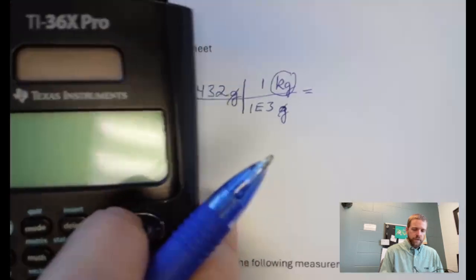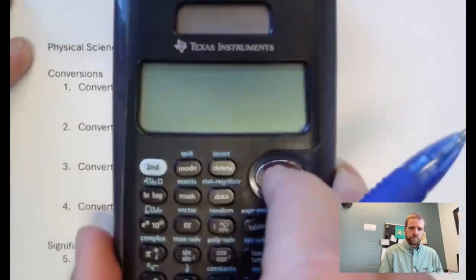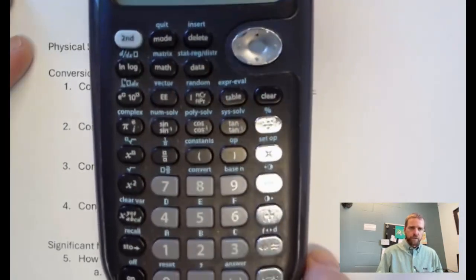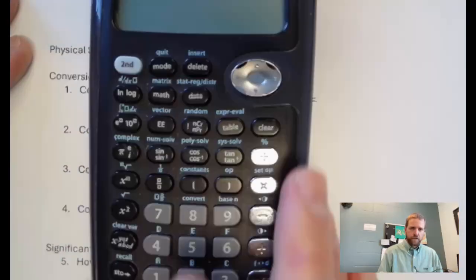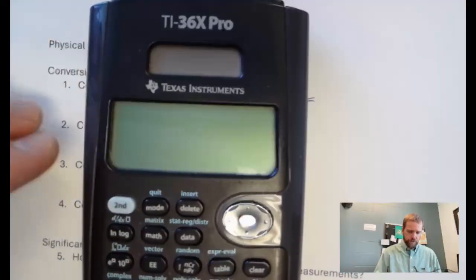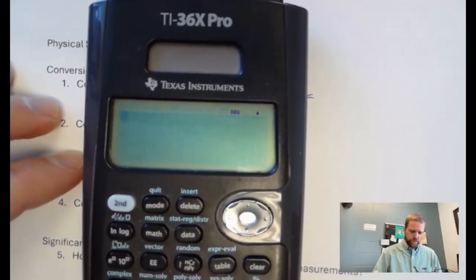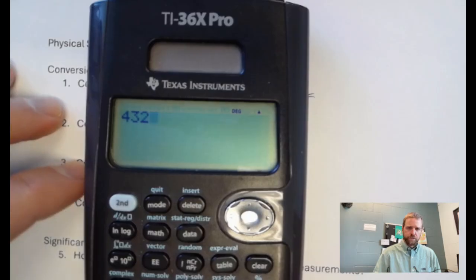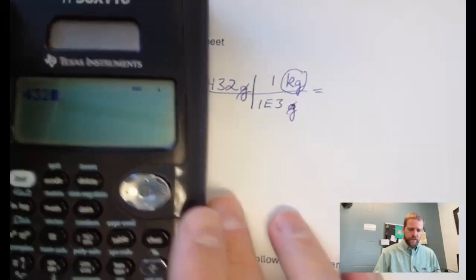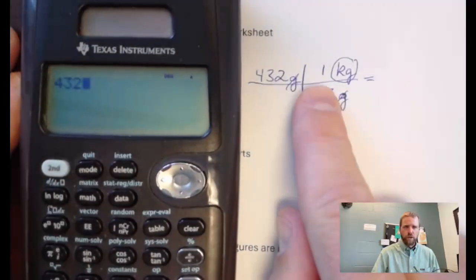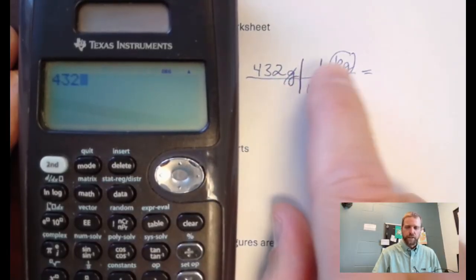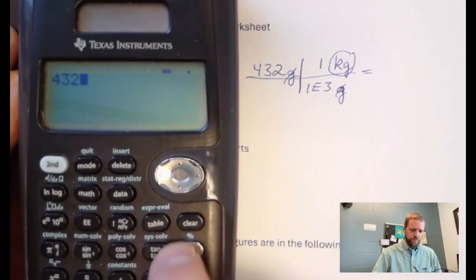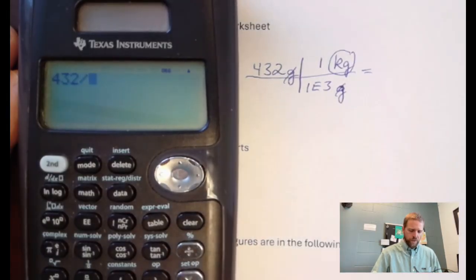So I'm going to take my calculator and punch in 432. Okay, let me turn it on. 432, and then we're going to divide. We don't need to multiply by 1. Remember, we can multiply by 1, but there's no need to put that in the calculator. I want to divide by, and then you can either type in 1,000 like this,